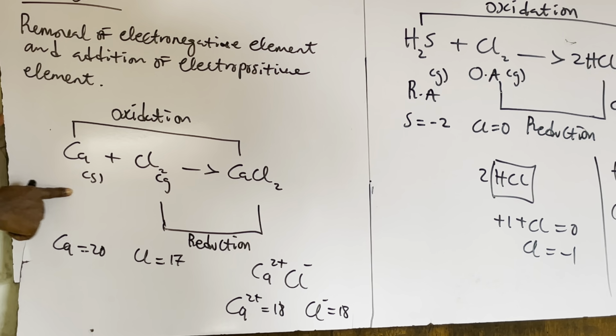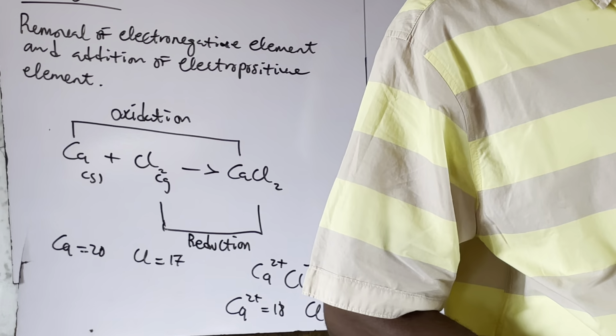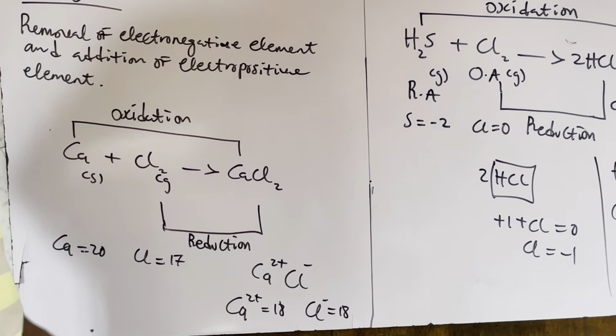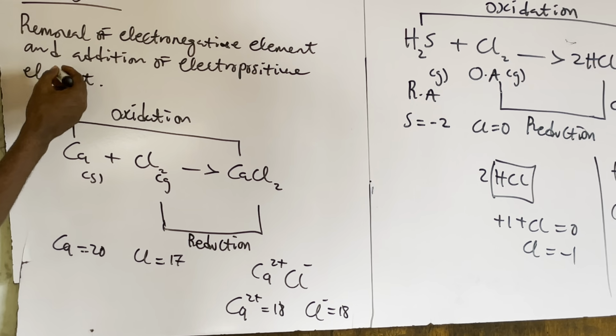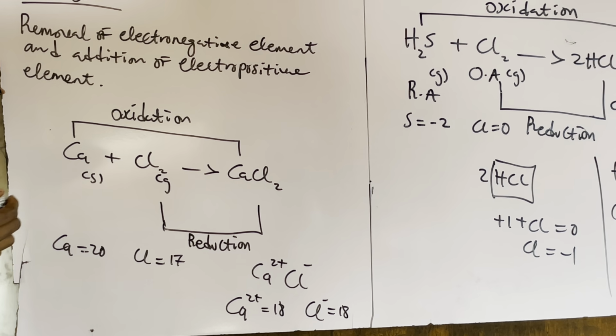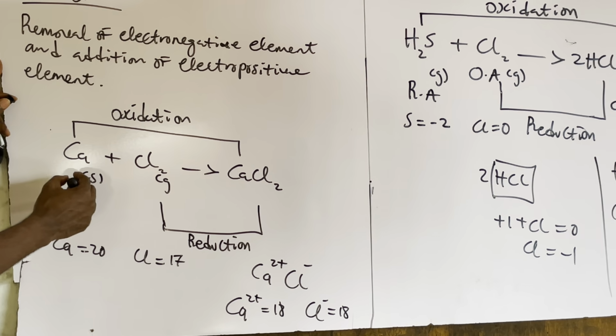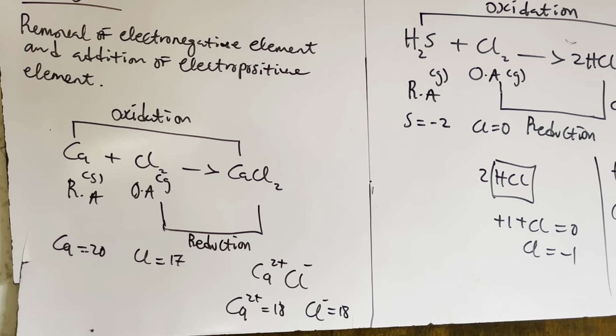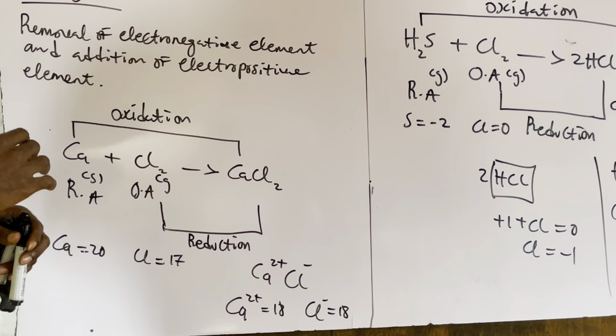So what do you call this? Is this one oxidizing agent? Why do you say reducing agent? I said reducing agent because oxidation brings about reducing agent. So here is reducing agent. And what do you call here? Oxidizing agent. What is the reason for being oxidizing agent? It is oxidizing because reduction brings about oxidation. That means you understood it. It is clear now, right? So we'll move on